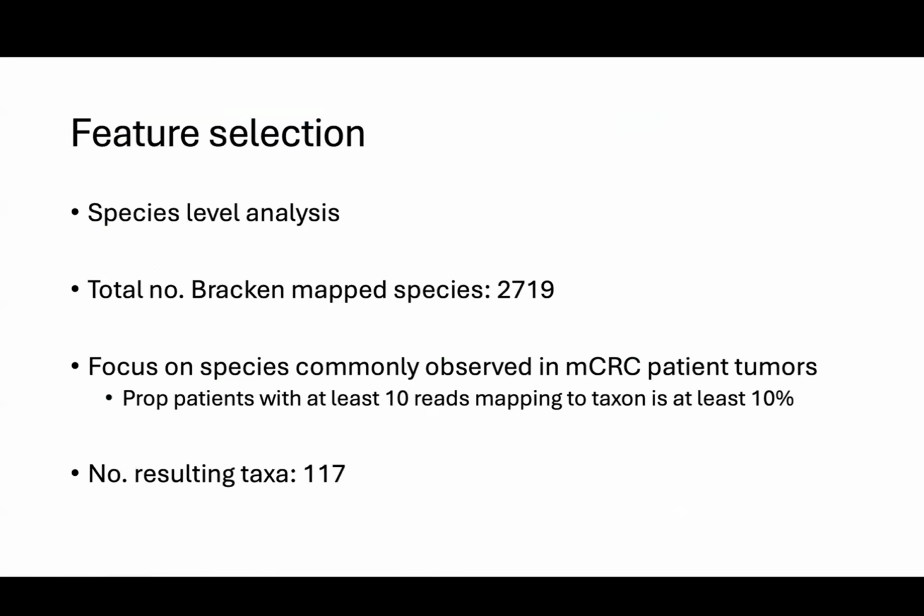So I went through that process, developed the data, and identified over 2,700 taxa with some evidence in the tumors. But what we're really interested in is those taxa that are represented in some meaningful proportion of patients. So we focused on taxa that occurred in at least 10% of patients, which ended up being